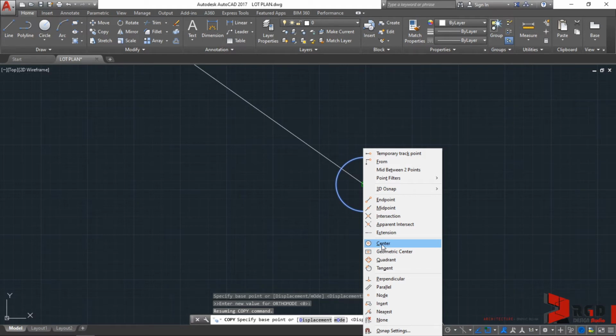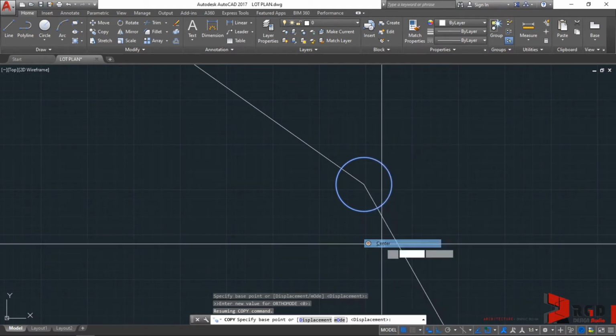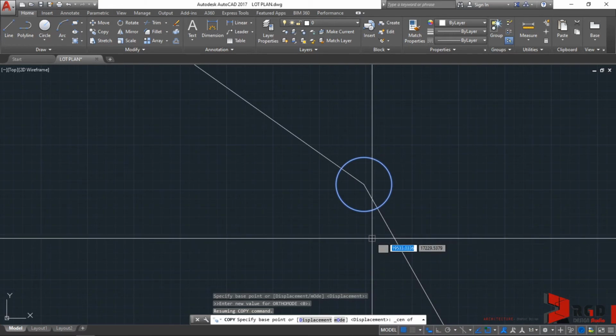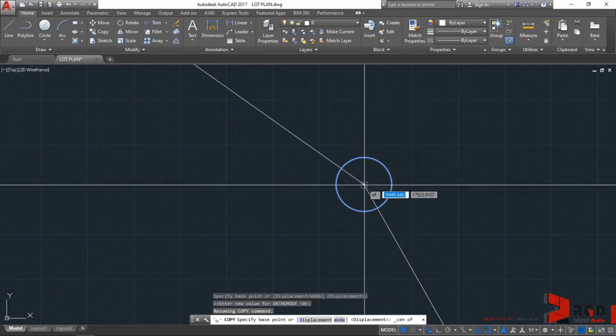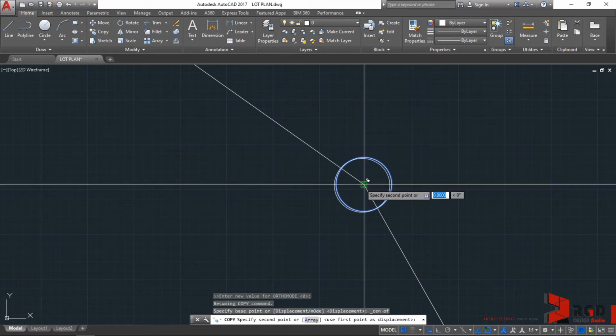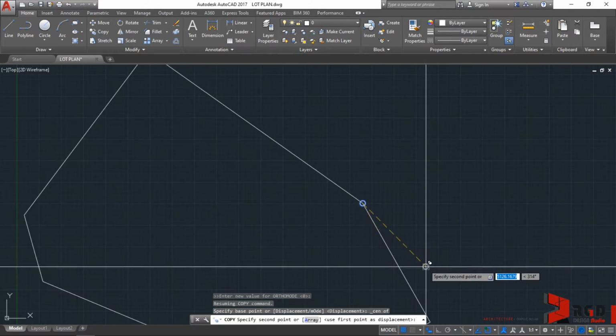Okay, so click on center so that it will be the running object snap point, and hover towards the center of the circle, and the center snap point appears, and then click on that,